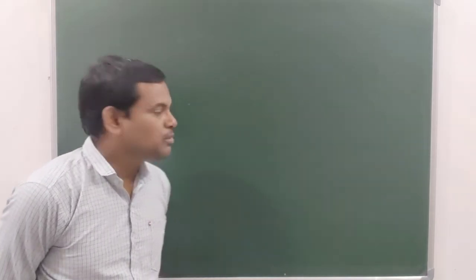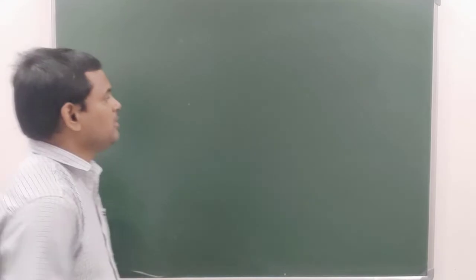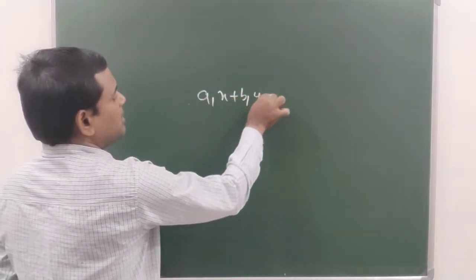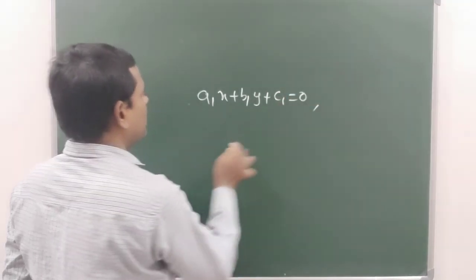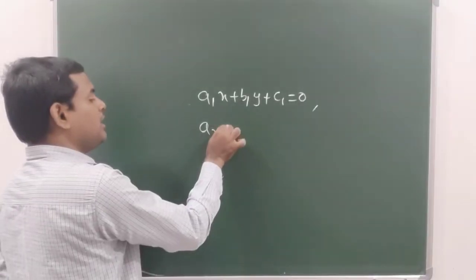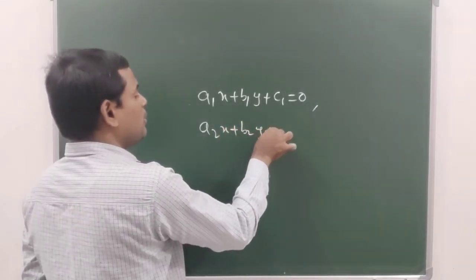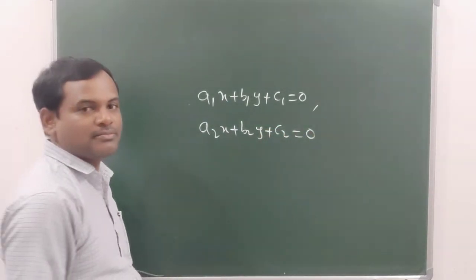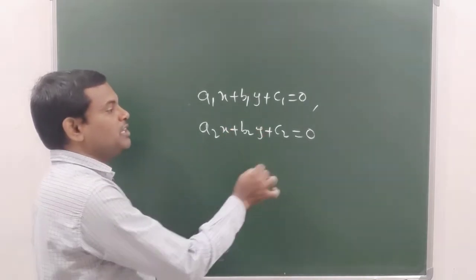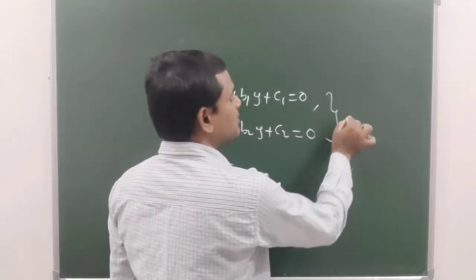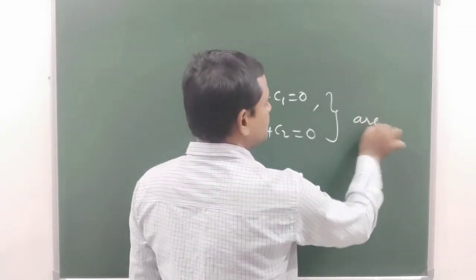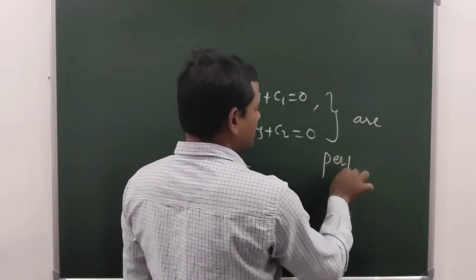Okay, so see, a1x plus b1y plus c1 equal to 0, one line equation, and a2x plus b2y plus c2 equal to 0, one more line equation. See, suppose if these two lines are perpendicular,